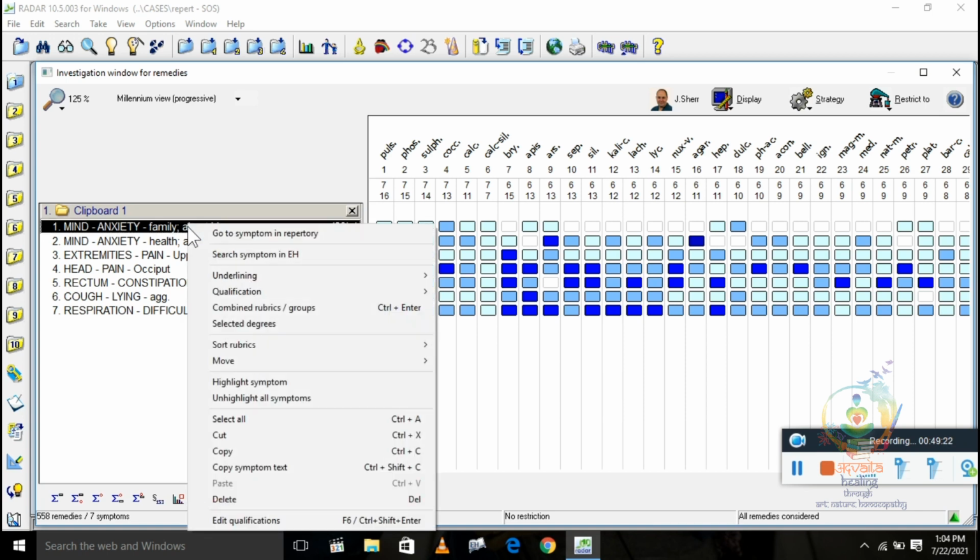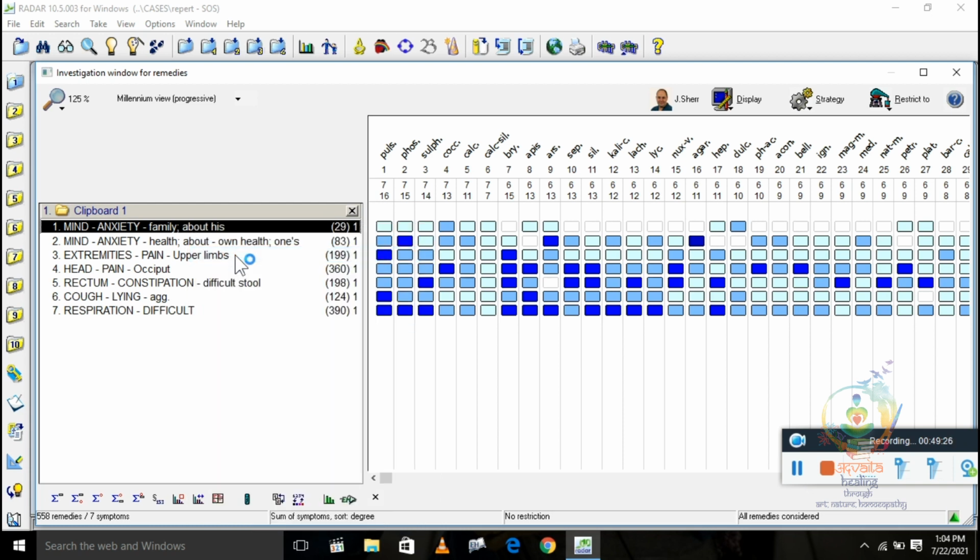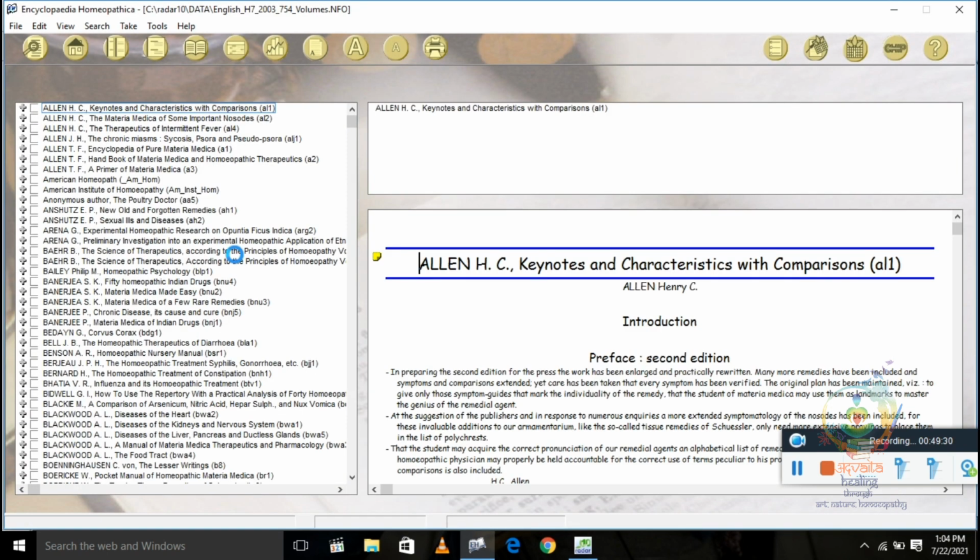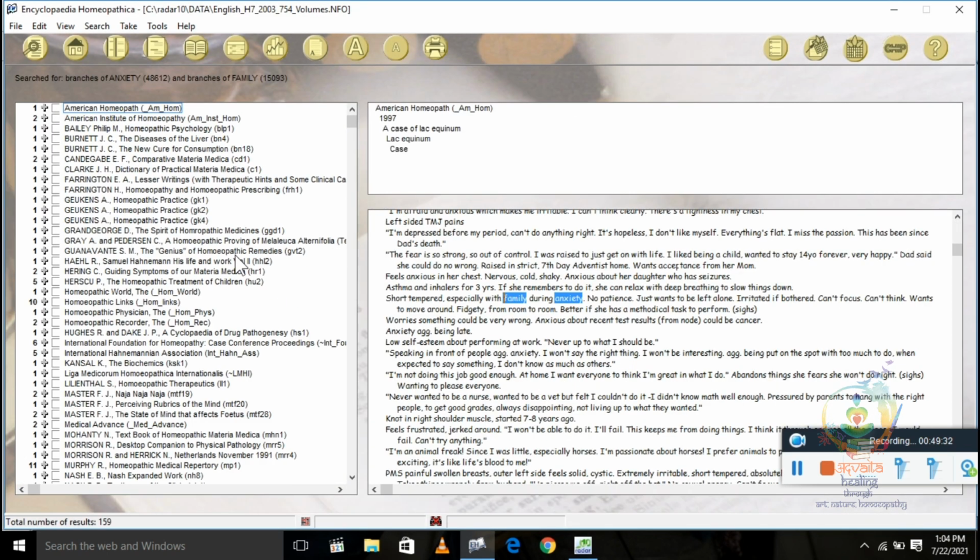So you can right click on it and search symptom in Encyclopedia Homeopathica. See, now let's see, you want to read Master Farooq or you want to read E.B. Nash Materia Medica.